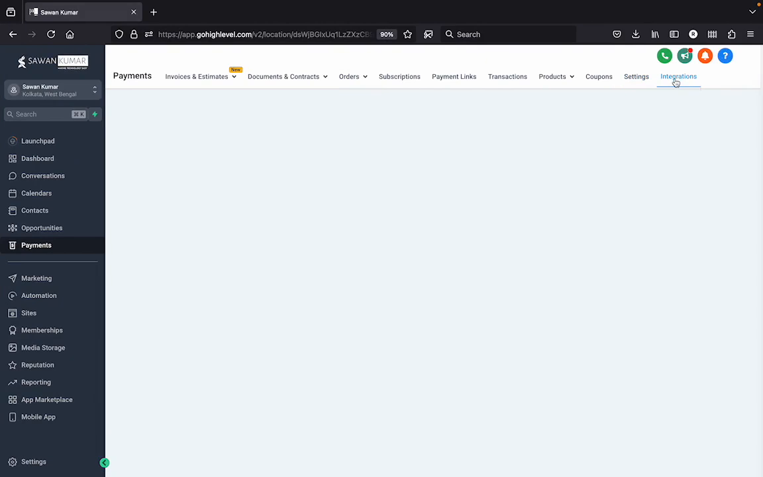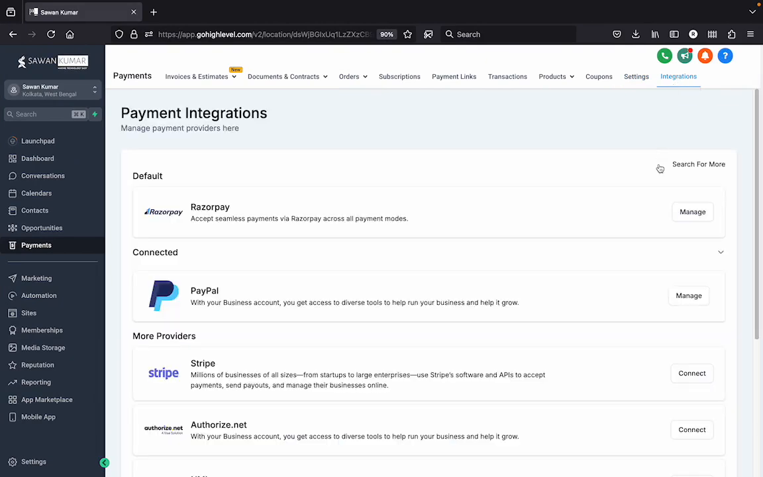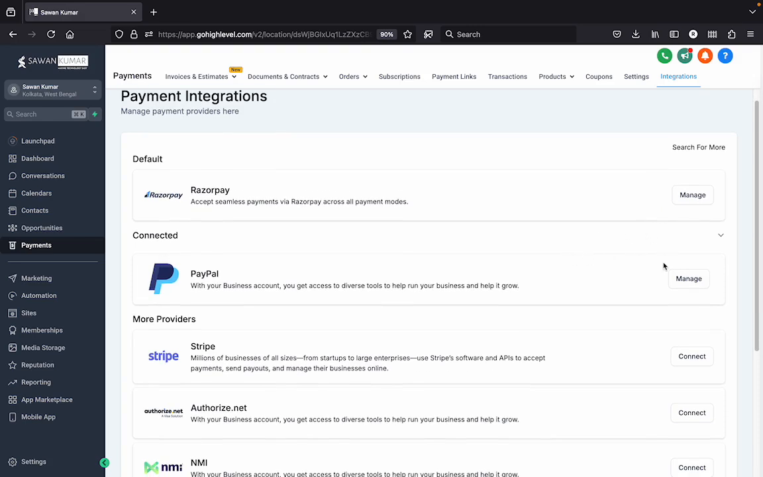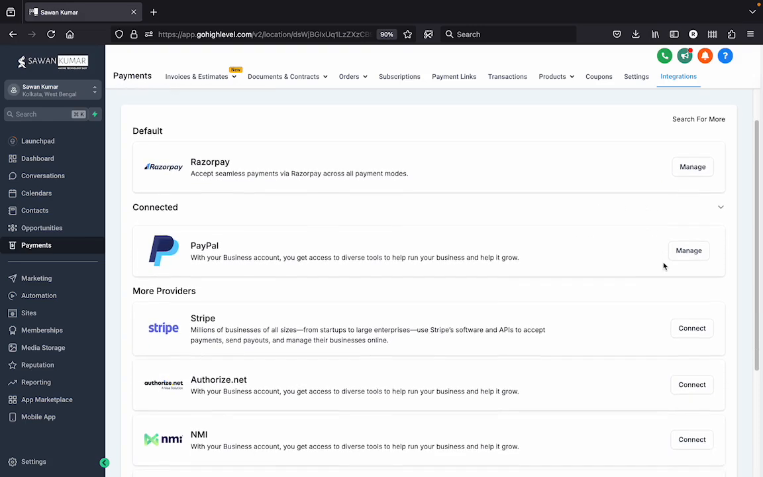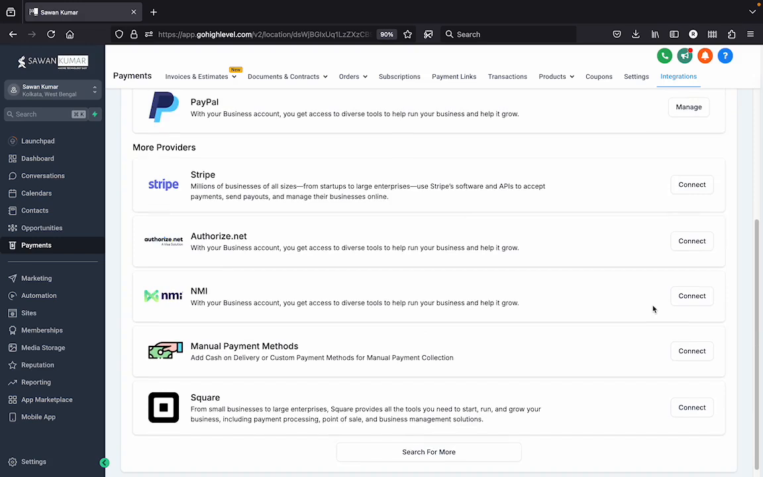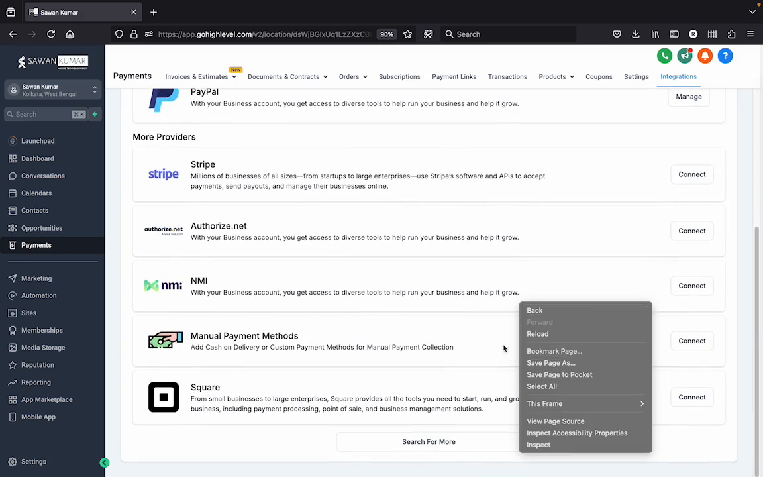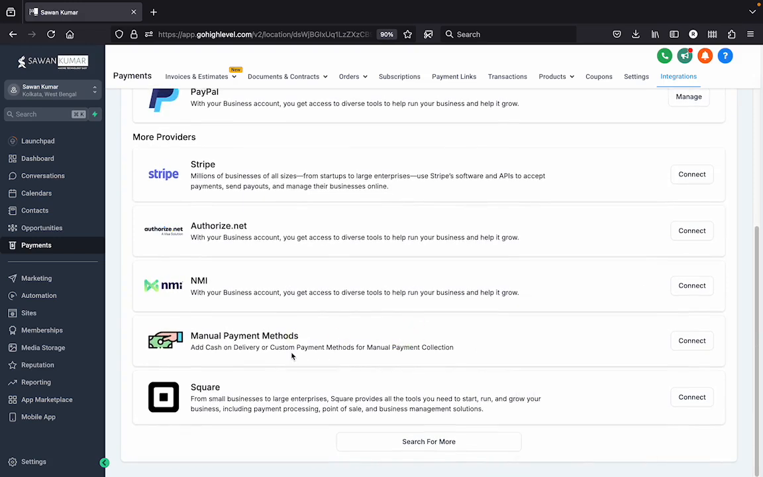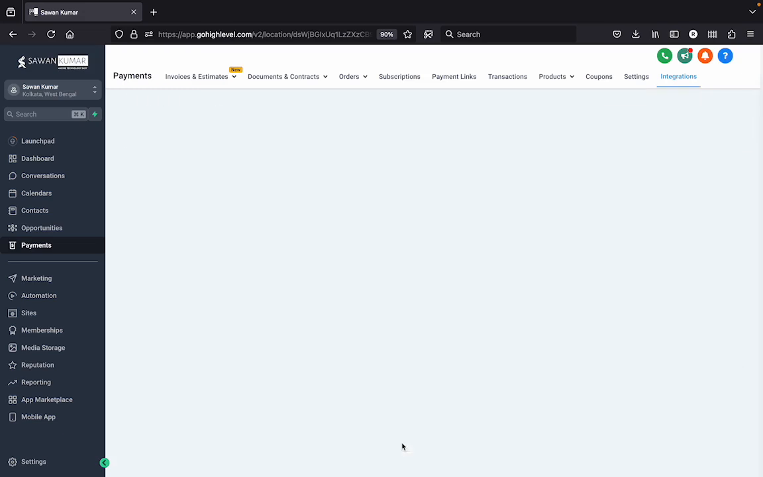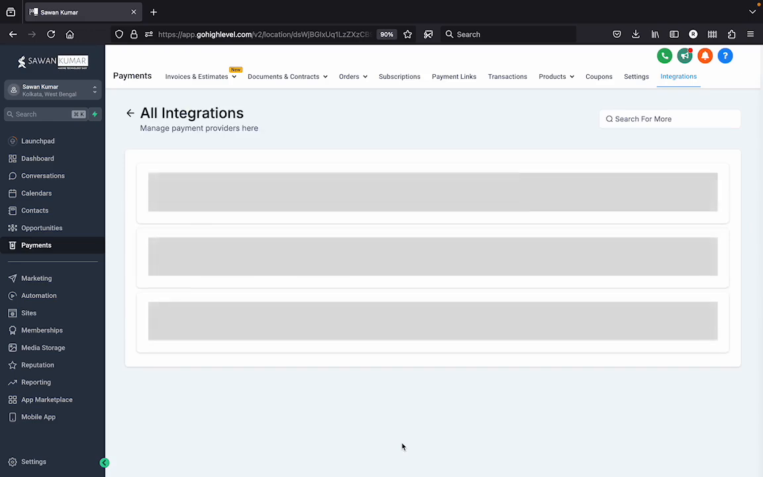So this is integrations. I have connected Razorpay since I am selling in India. I have connected PayPal for international transactions. Then you have Stripe, Authorize.net, NMI, manual payment methods, add a cash on delivery or custom payment methods for manual payment collection. Then you have Square, and then you have more payment gateways like